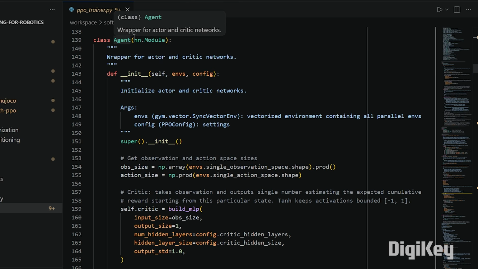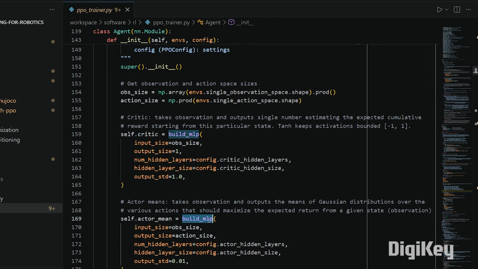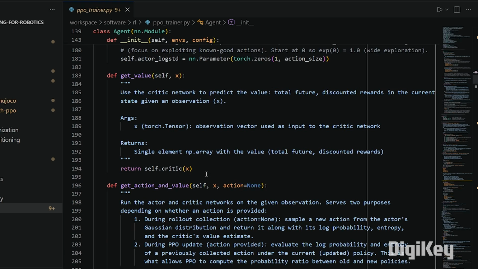To instantiate an agent object, we're going to call the superclass, so that PyTorch module class there. We're going to get our observation and action sizes. We're going to use that to build our MLPs, multi-layer perceptrons, or the neural networks, one for the critic and one for the actor. So if we go and find that build MLP,